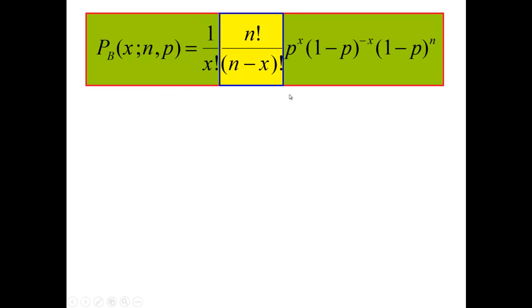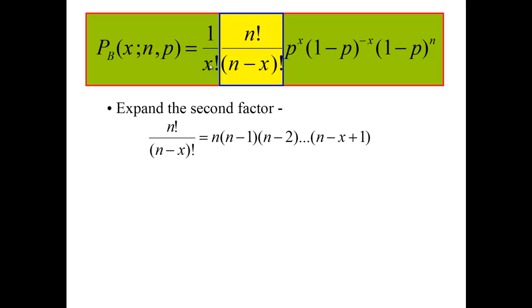So the 1 over x factorial, we'll leave that one there because that actually appears in the final form for the Poisson distribution function. So what about n factorial over n minus x? We want to examine this and find the approximation that holds true where x is small. So if we look at the meaning of the ratio of these two factorials, what's going to happen is the